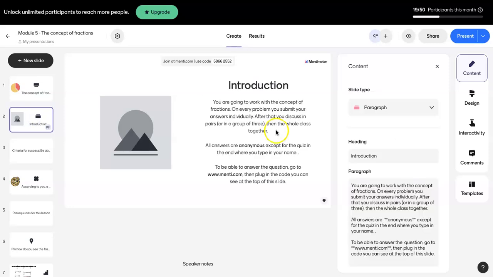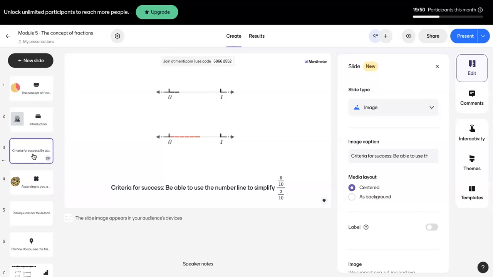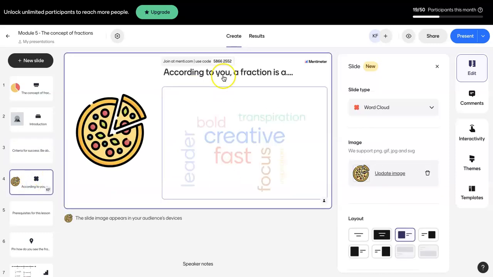Then we have an introduction page that lets them know how this is going to work, as well as that all answers are anonymous, which gives that sense of safety to the students where their opinions and what they choose to say won't be judged whether it's right or wrong. Here's a criteria for success, as well as this is a wonderful word cloud that you can use to start to assess their prior knowledge and see what your students may be thinking prior to even learning about the concept